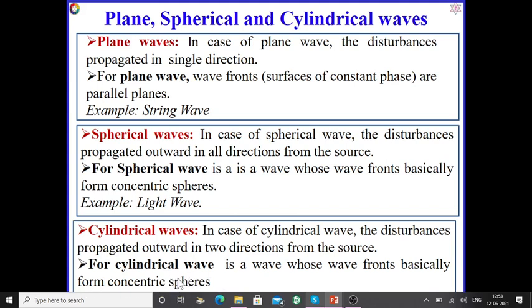Concentric, you just correct it, form concentric cylinders. Okay,